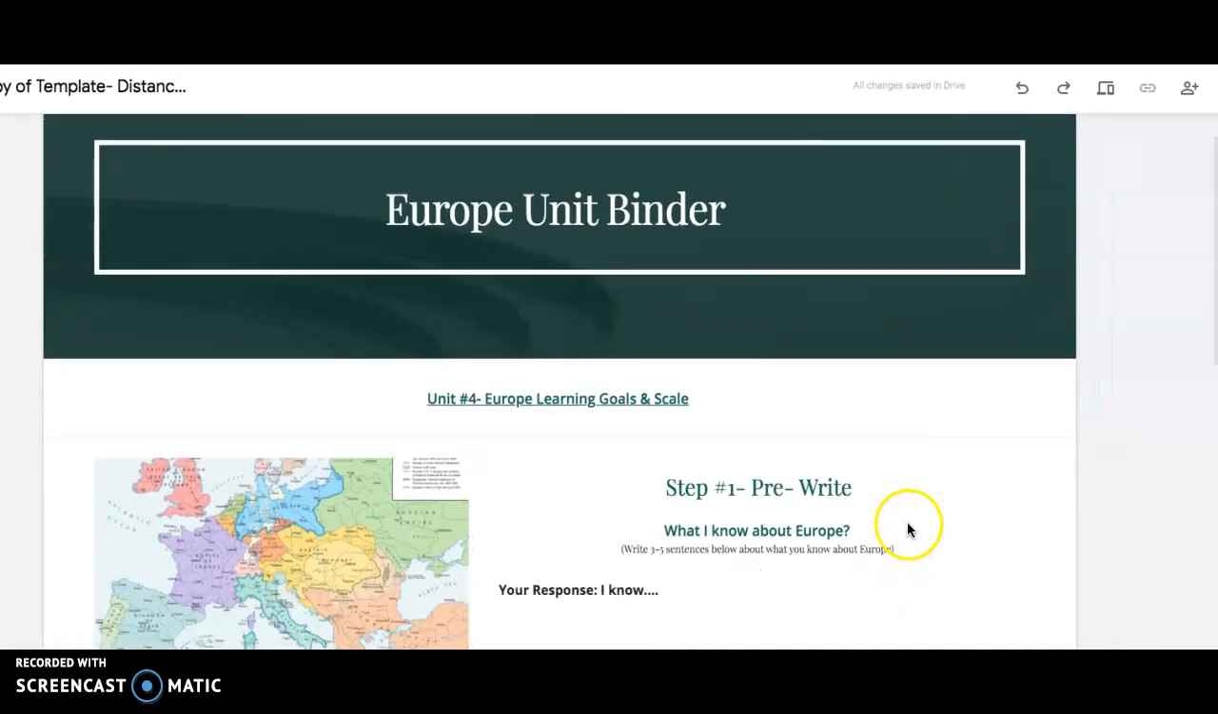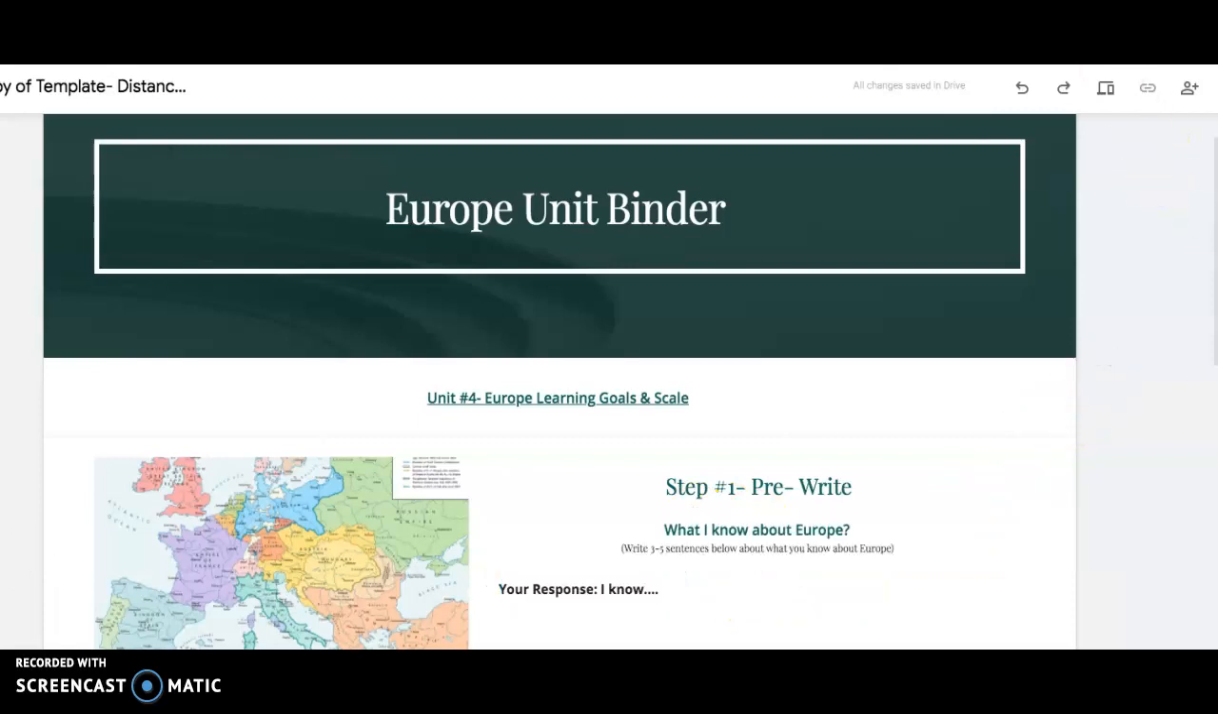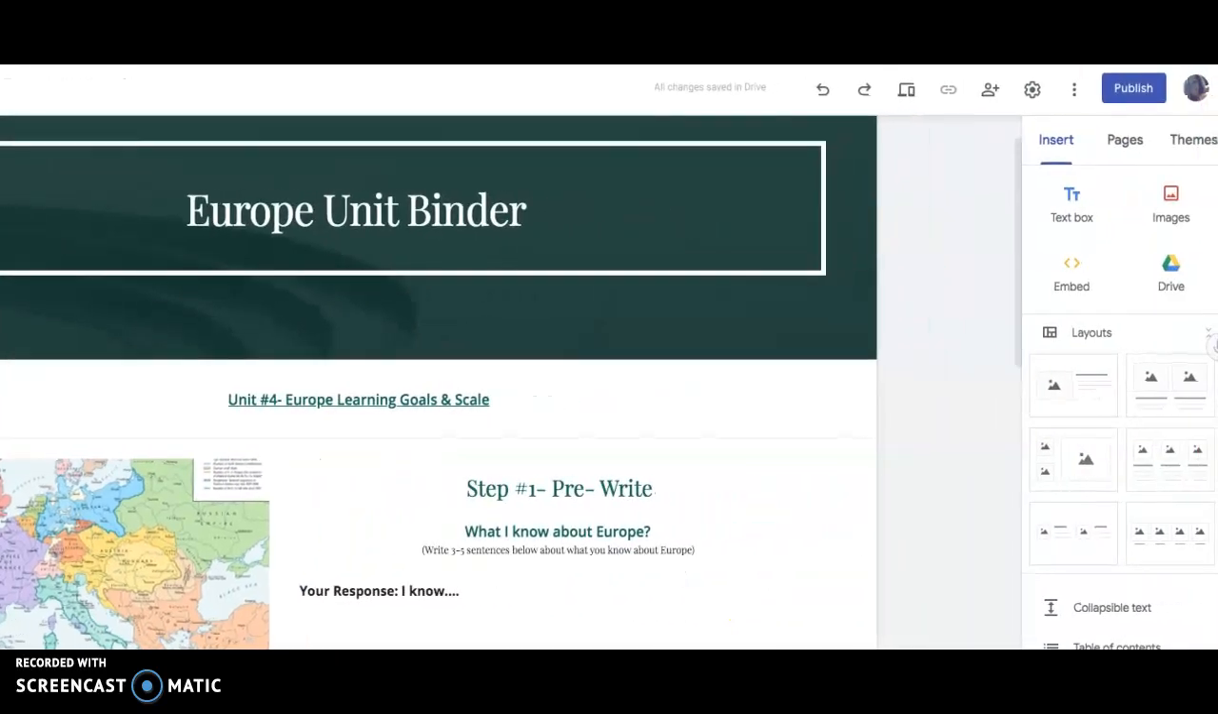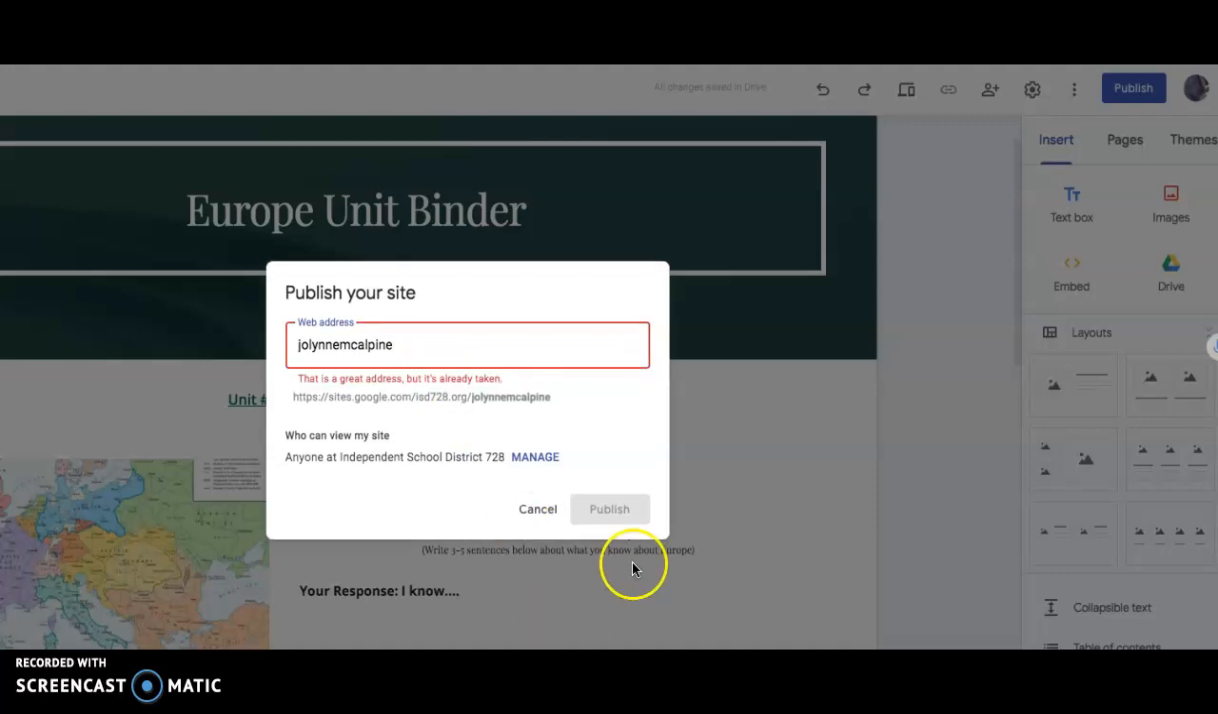This is the edit mode, so if you need to type in here or anything like that, you can. The next step is to publish it to me and to share it with me. So first you're going to click publish, and it's going to want you to put in something to call it. So you can just put your first and last name or middle initial or something like that. And mine's already been taken, so that's why it says that. And then you'll click publish. Okay. So once that's done,